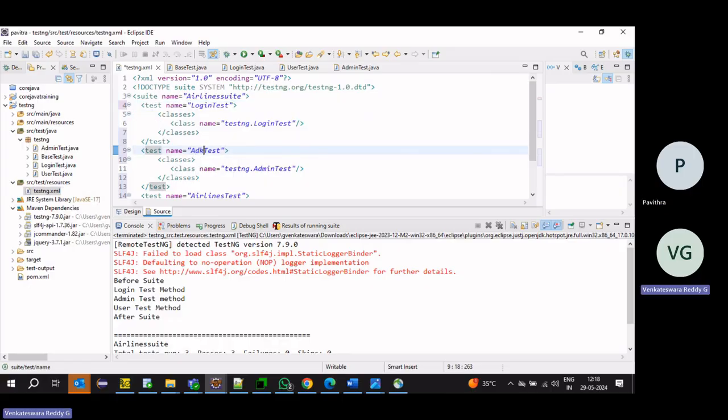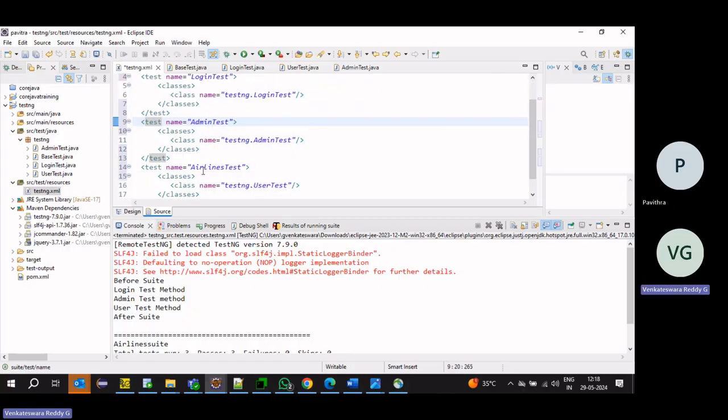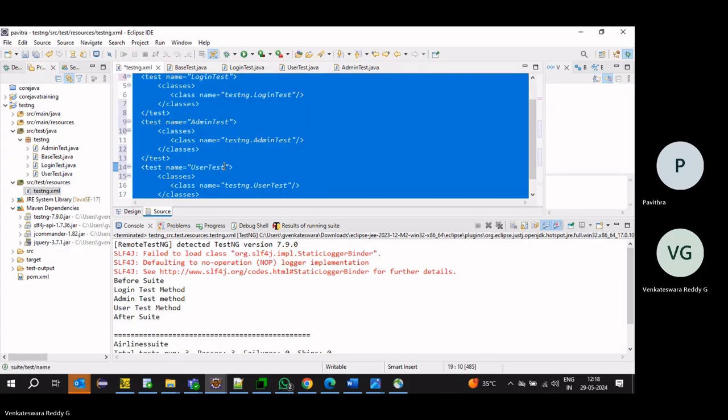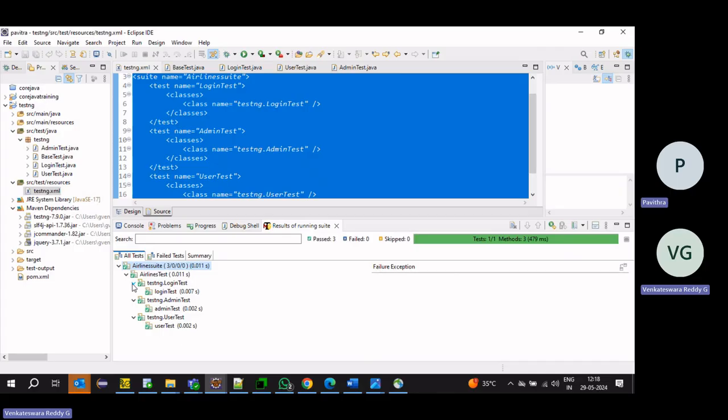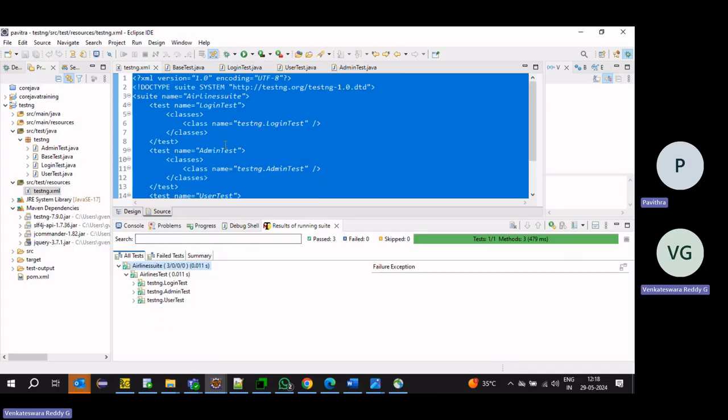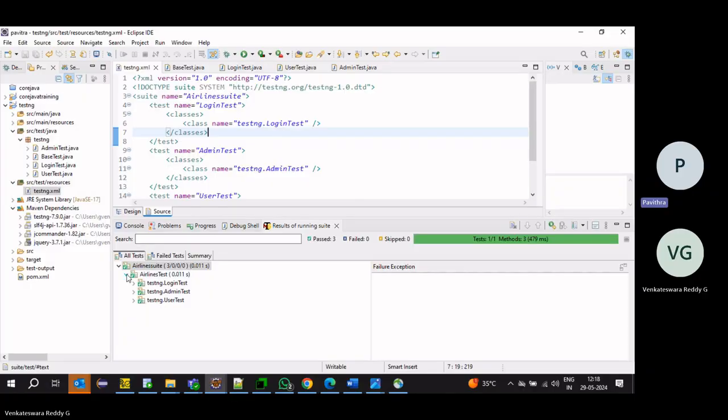Then this is admin. Then this is user test. That is here, the output, how under airlines test it came all three. Right, we have given previously under airlines test all the classes under the same test case, so it came all under like this.